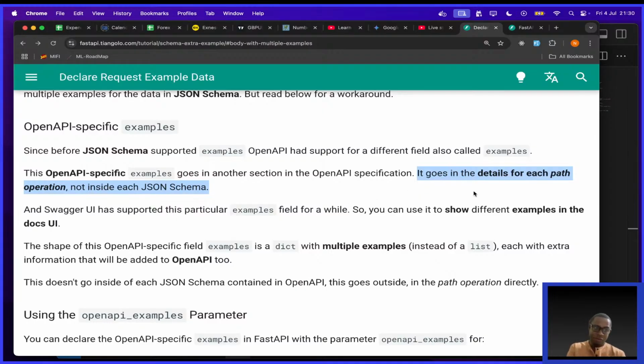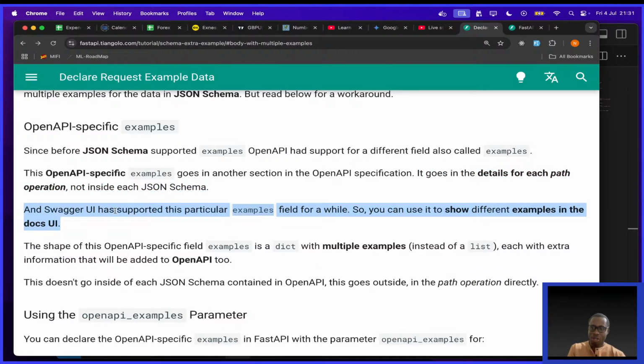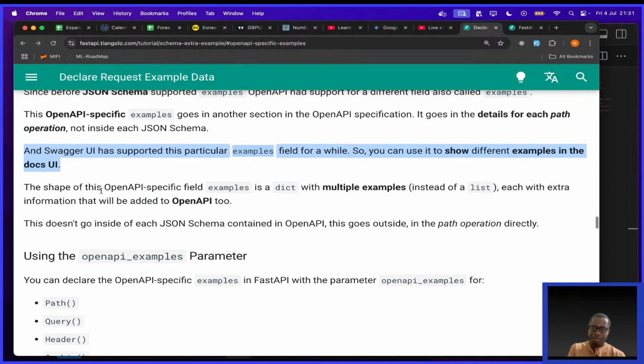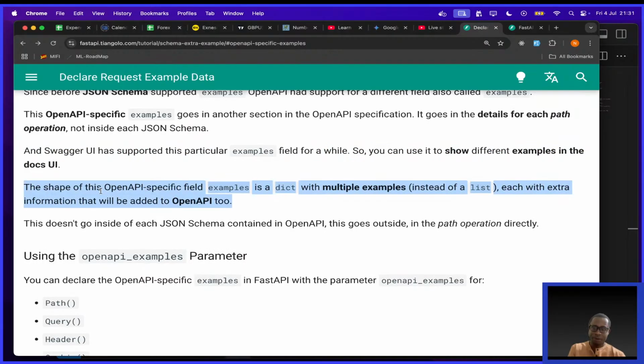Then, of course, now we know what path operations are. And if you don't, you can watch the previous videos. So they're saying Swagger UI has supported this particular examples field for a while, so you can use it to show different examples in the docs UI. Okay. So they're saying the shape of this OpenAPI-specific field example is a dictionary with multiple examples instead of a list,